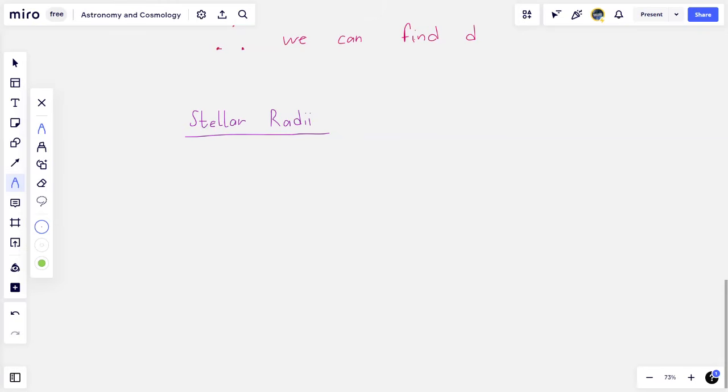What also is important to us, at least as astronomers, is black body radiation and stellar radii. So stellar radii is a subtopic. Basically all this means is stellar is another name for star, and radius is telling us the size. So basically we can use some very simple methods to find out the size of stars. And so we have to define something called black body radiation. Now what is this term black body radiation? Very simply put,